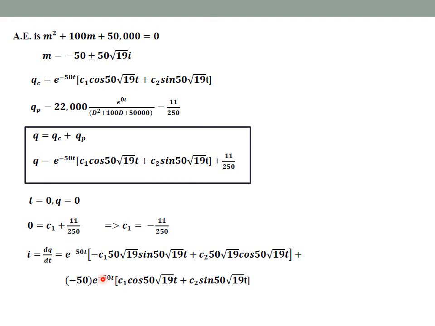Now what is my second condition? So I got one constant value. My second condition is initially at time t is 0, current I is also equal to 0. See here, this should be I, okay, I'm sorry. Initially at time t is equal to 0, I is 0, this is not Q, this is I. Please do the correction, I'm sorry. Okay, one second.